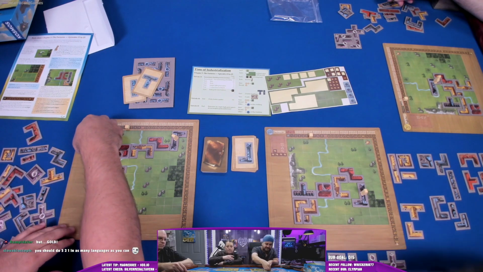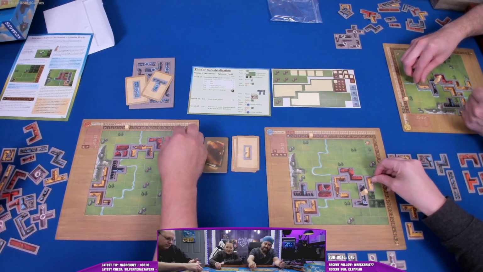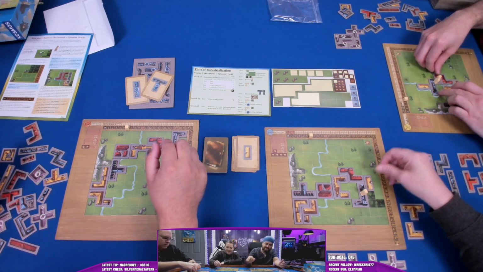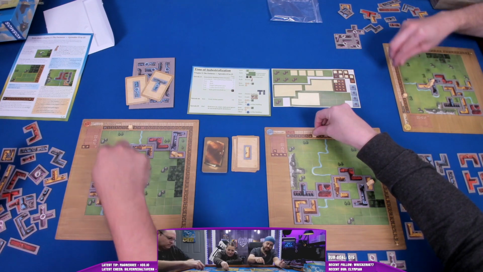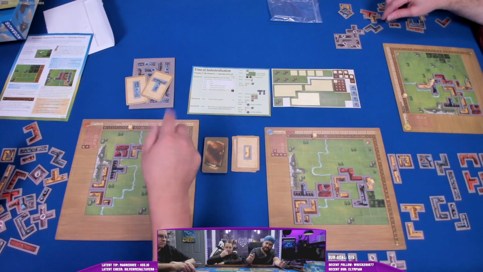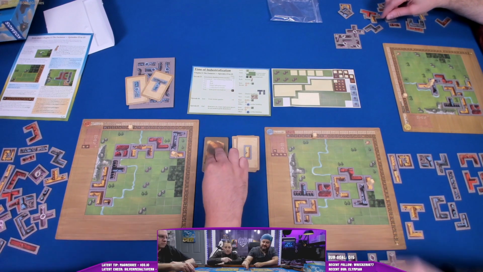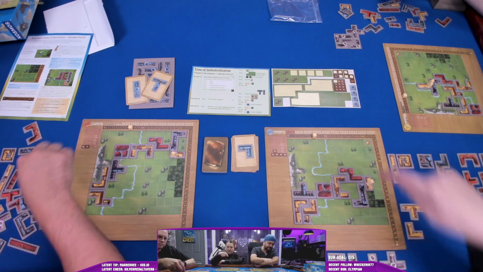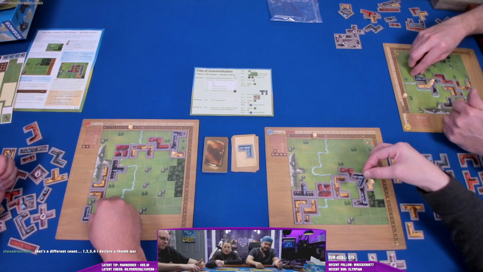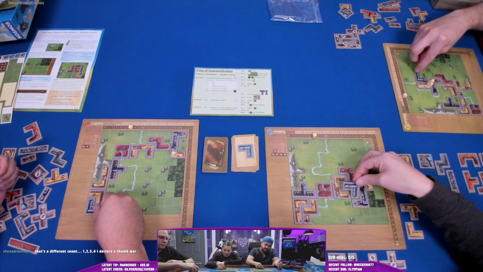Nice. Place. I'm just testing your old thumb strength. You certainly are. 1, 2, 3, 4, 5, 6, 7. Yep, I'm in the right spot. I'm at 7 as well. Gotta make sure. 1, 2, 3, 4, 5, 6, 7. Place. All right, now since I went here,